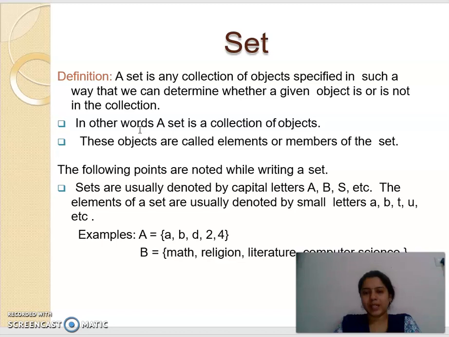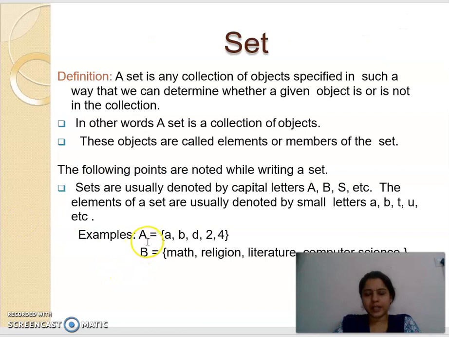The objects may be anything, objects may be numbers, or alphabets, or some names, anything. A set is a collection of some finite or infinite set of objects. Usually sets are represented by capital letters, and the objects within the set are represented by small letters or a combination of small letters and numbers.